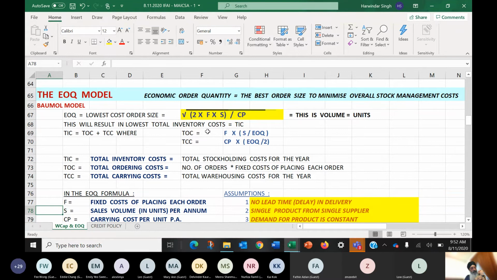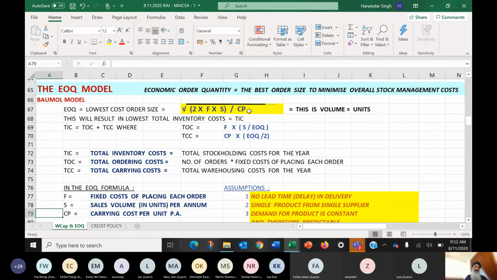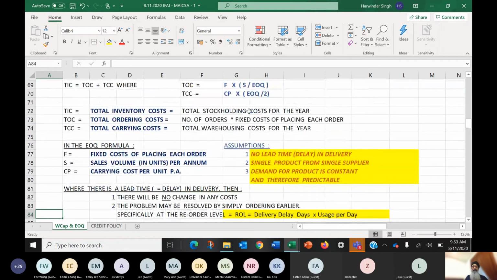It's a bit much for your paper. Normally, the papers which are more technical, like ACCA and all that, will ask questions like that. I don't expect they will ask for you, but if they do, just remember it's the same formula. Only thing here, fixed cost of placing an order would become fixed cost of arranging credit every time. S would be the total amount of credit required, and CP is simply the rate of interest for $1. So it works just as well.